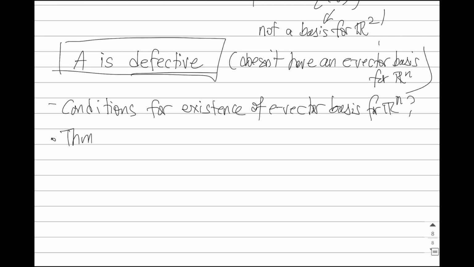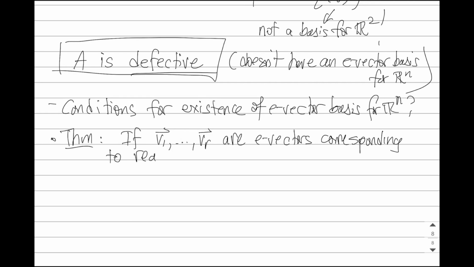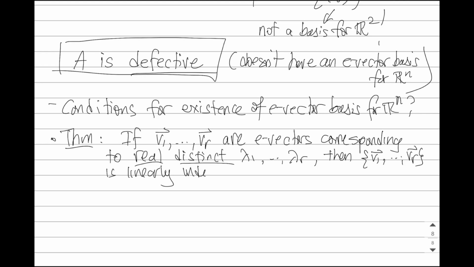There's a nice result that deals with a very common case. We are not going to prove this. If we've got a set of eigenvectors v1 through to vr corresponding to real, distinct, so different from each other, eigenvalues λ1 through to λr, it will turn out that that set of eigenvectors v1 through to vr is linearly independent. It's going to be the case very often that we will get a matrix that has distinct eigenvalues and